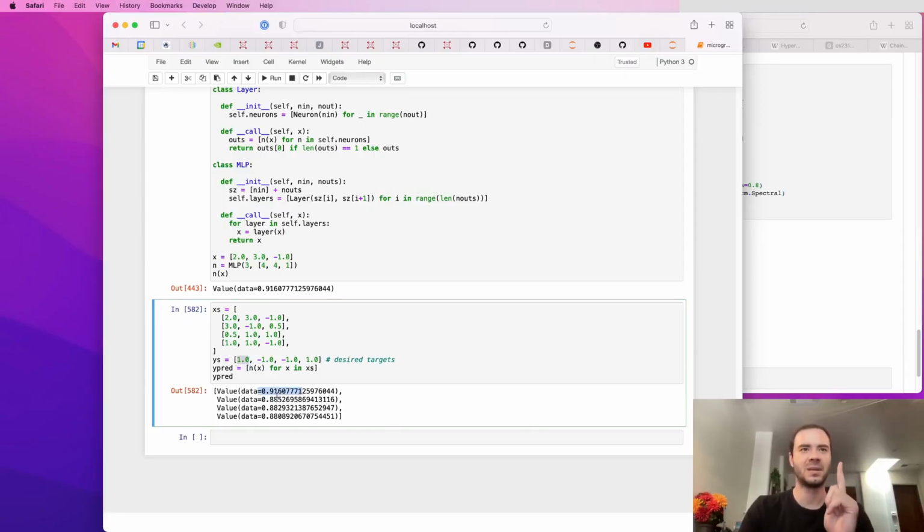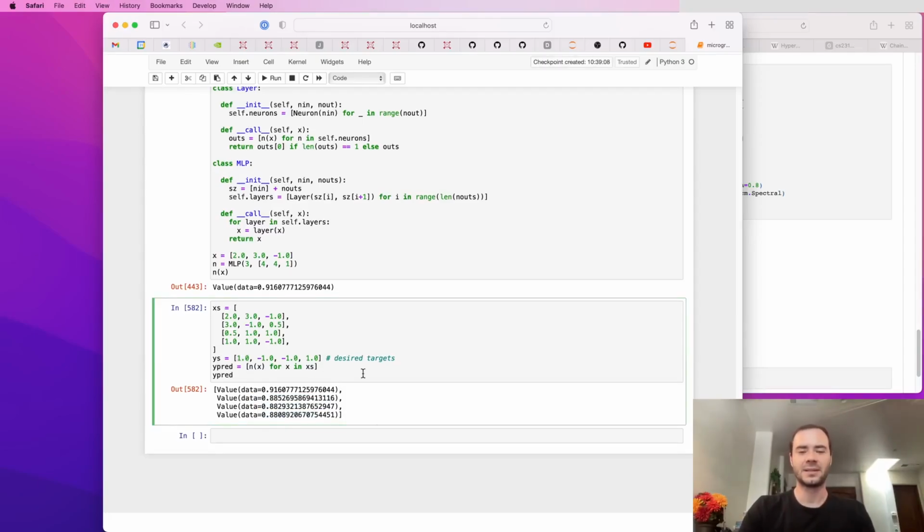This one we want to be higher. This one says 0.88, and we want this to be -1. This is 0.88, we want it to be -1. And this one is 0.88, we want it to be 1. So how do we make the neural net and how do we tune the weights to better predict the desired